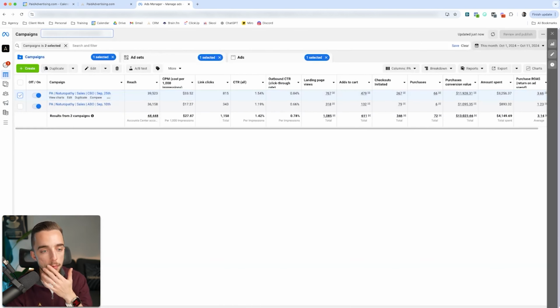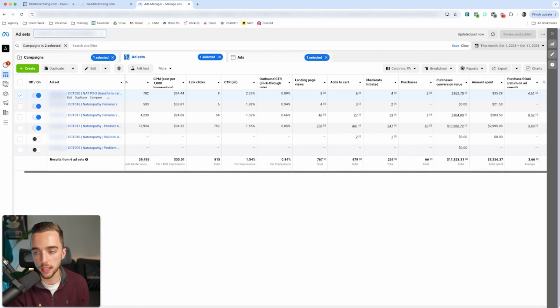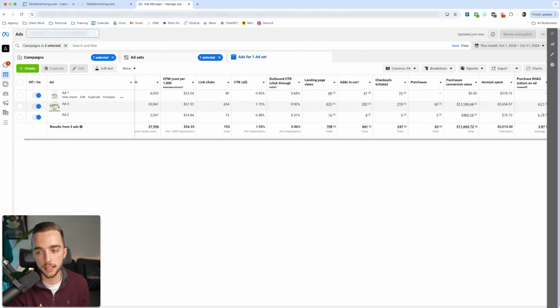And so if I open up this campaign at the ad set level, what you can see here is basically all the quote unquote dynamic creative tests that we've launched for this campaign. And this one is the CBO campaign more specifically. You can see it's allocated most of the budget by default to one ad, which is normal in a dynamic creative testing campaign. And then if I open up this ad set, you can see between the 3 creative variations,